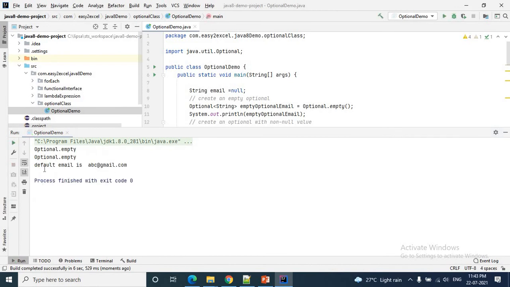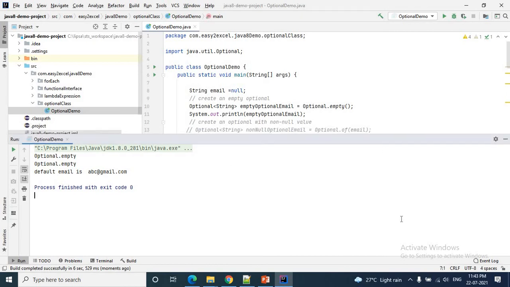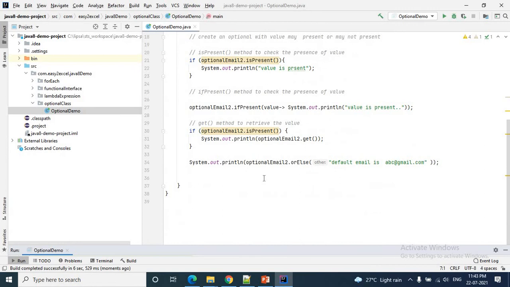Okay. The else part is executed because the value is not present. That's why in the response we get default email is abc@gmail.com. If the value is present, it will give the value. If not present, it will give the default return value. Correct. So hope you understand the orElse method.